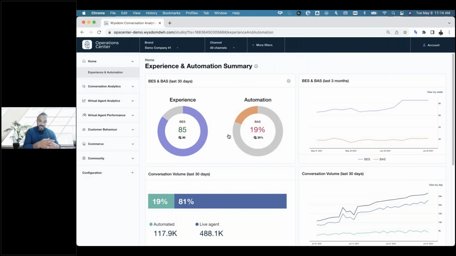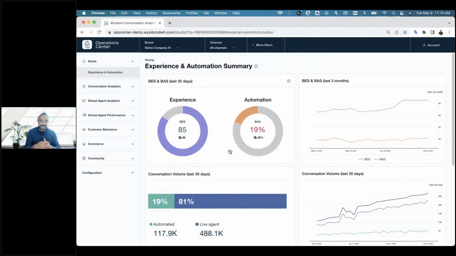The experience score looks at not just surveys, because we know very few people actually fill out a survey in a bot, and it tends to be negative feedback. So it looks at the entire conversation. It assesses how did it go? Did a user have to repeat themselves several times to get to an answer? Do they express any sort of negative sentiment or negative tone towards the conversation with the bot? Did they leave feedback that is, of course, incorporated into here? Did they receive false positives that didn't look like the right answer? So there's 6 or 7 different signals here, and it's automatically calculated. Again, it's not relying on a survey.